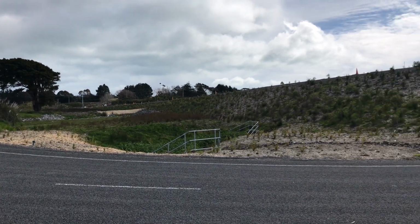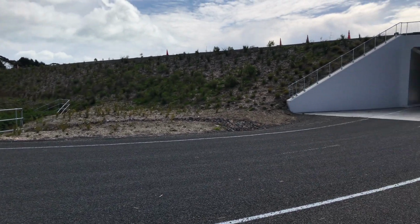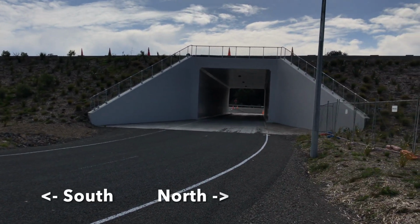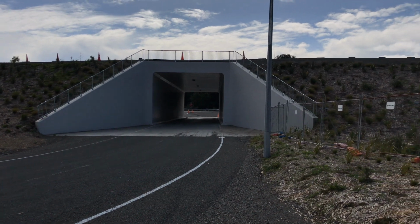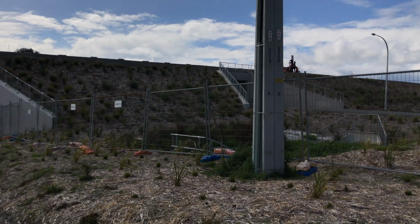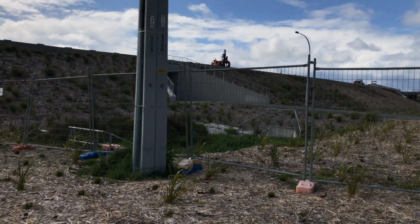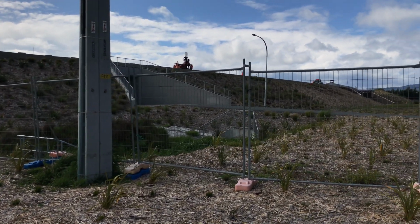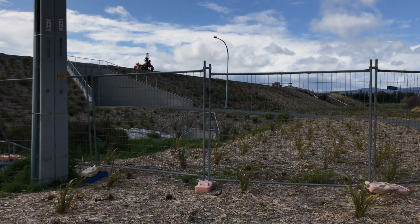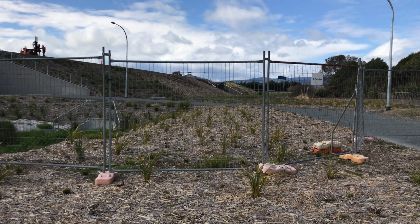Okay, so I've driven up, I've gone through a little tunnel, and I'm on the other side of the railway line, well, I'm not on the other side of the railway line. I'm between the new motorway over the top of this tunnel here, and the railway line is behind me. So the expressway goes over the top here. There's also a separate tunnel that goes through under the expressway for the cycles and people who might ride a horse in this area. They might also use this tunnel for cattle and sheep movements,